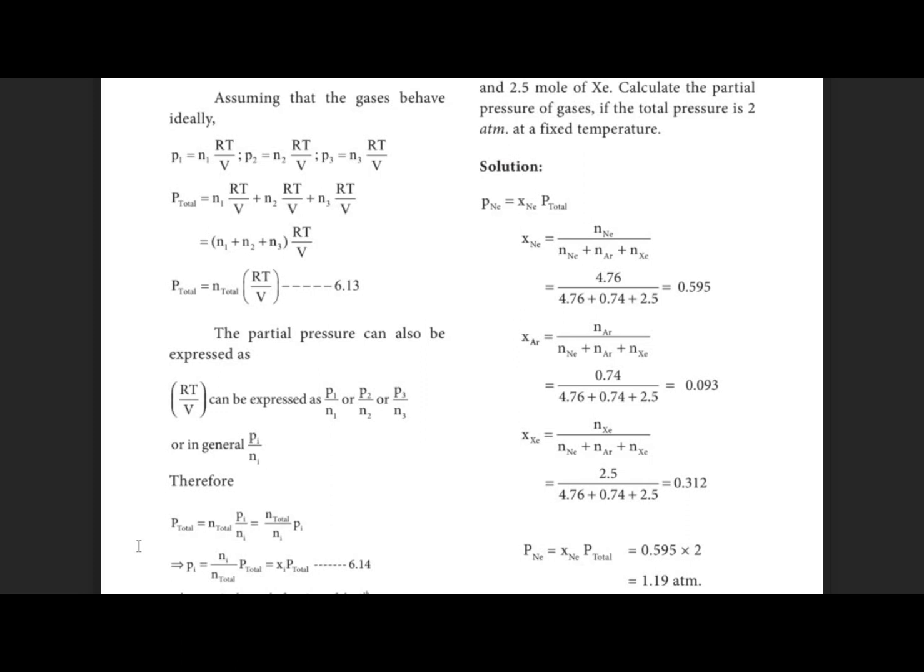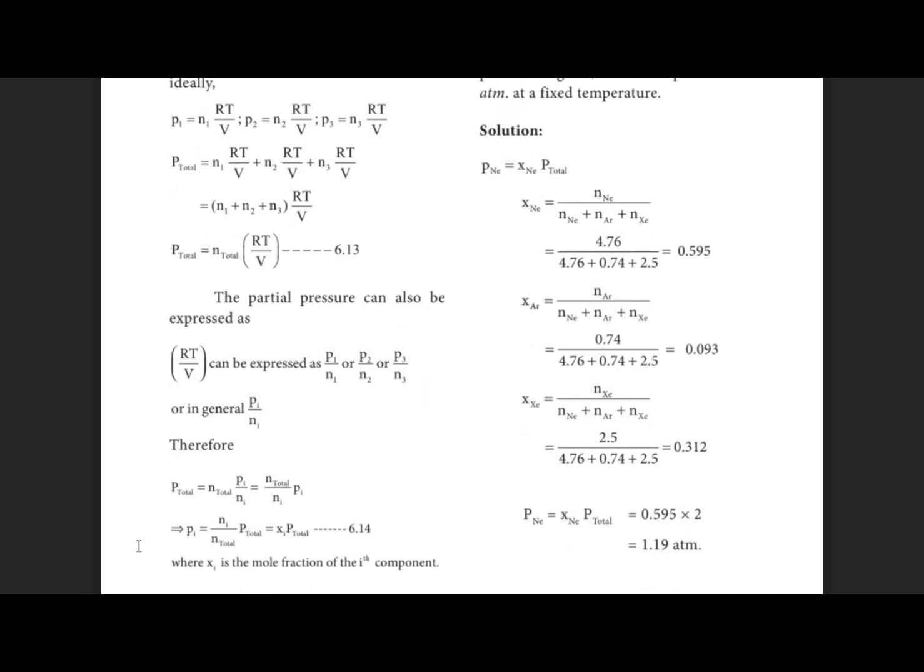In the same way, we are going to find out the xenon also by using the formula n xenon divided by n neon plus n argon plus n xenon. So you will get the X as 3.312. So the pressure of neon is equal to X neon